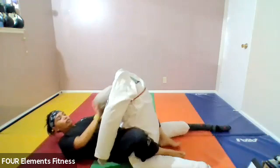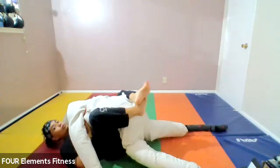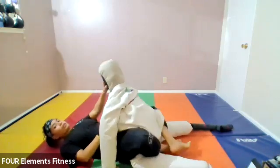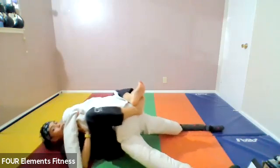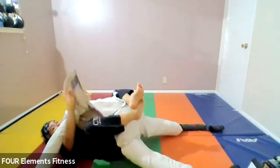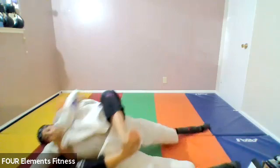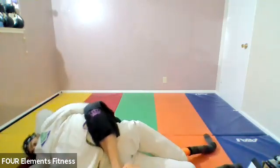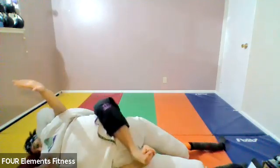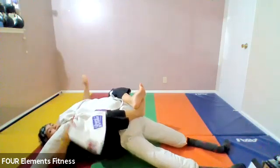So the person, you're pulling them into you, you can have your legs closed, not legs closed, whatever you want. Here, pull them into you. You're going to pull out that lapel, dig it out, pass it to the other hand, which is over the shoulder rather than having the underhook. So one underhook, one overhook. Here, I pull the person to me, grab that lapel, give it a nice tug,